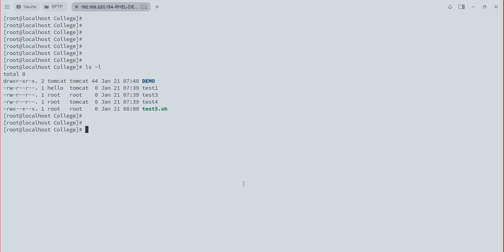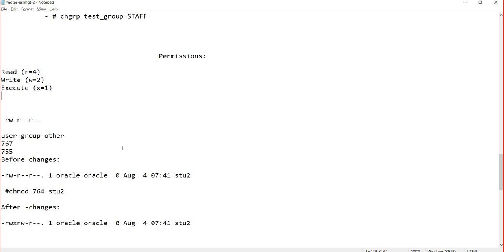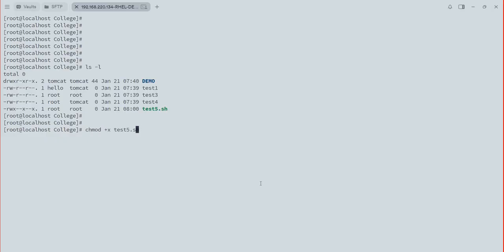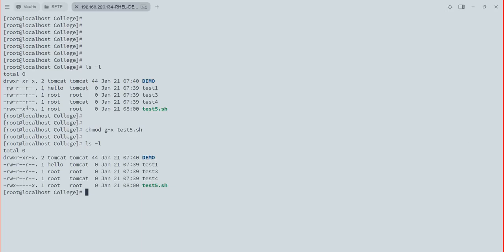Whenever we give privileges, we have three types, and three things we need to take care of: users, groups, and others. Based on that, we can go with the 4-2-1 numeric mechanism or the normal mechanism. For example, earlier the group level had x. I want to remove x at group level, so I use the command g-x. For example,